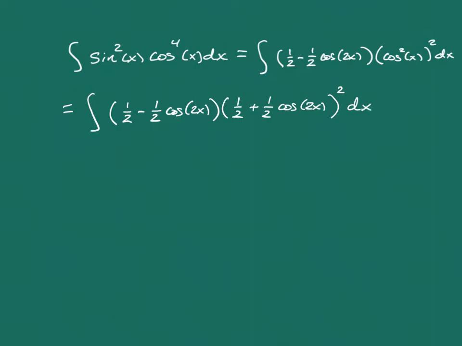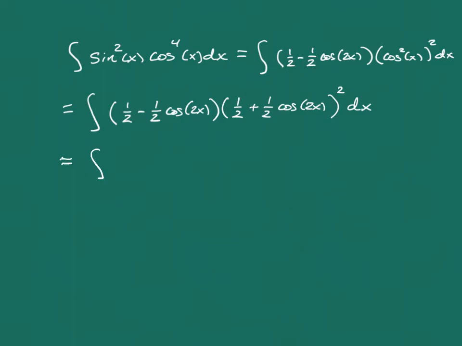So things look a little bit better. Now we've got it in terms of cosine. We can multiply this out. And so if we multiply this out, what we get if we expand that,